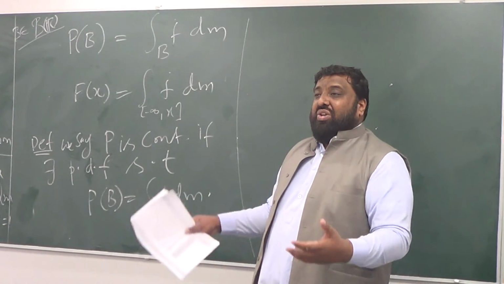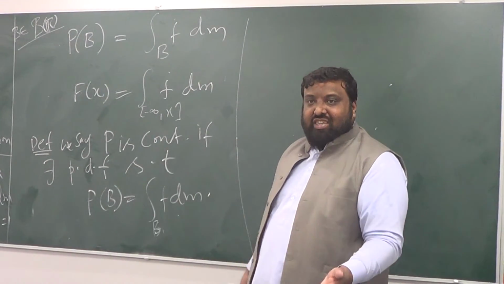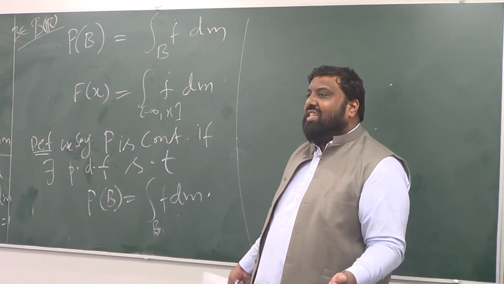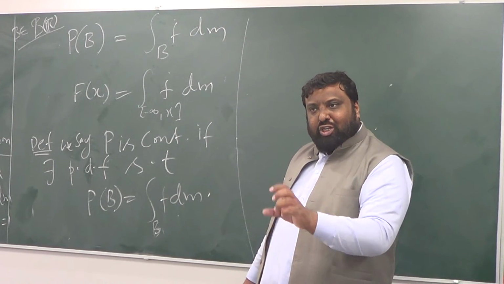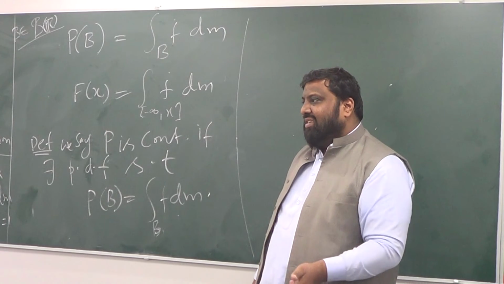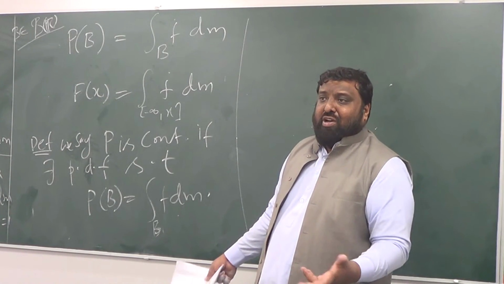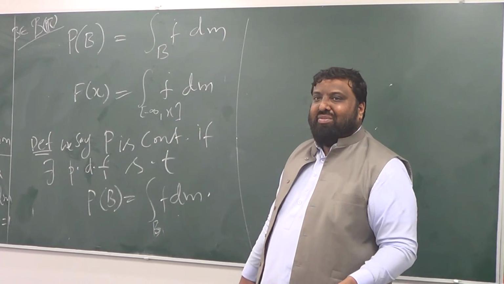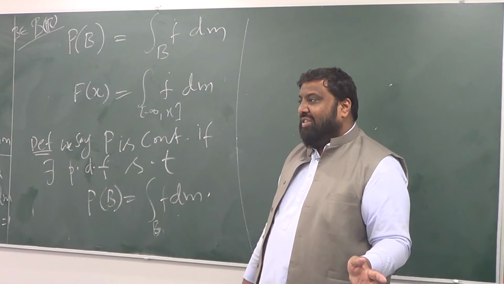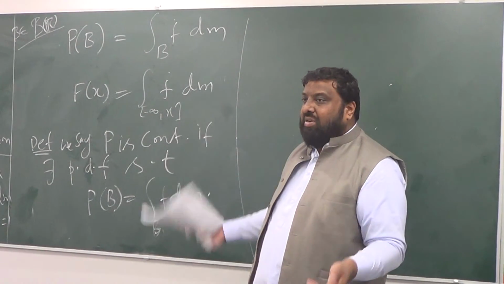While what we are saying now is that it's not necessary that chances can be modeled through a particular function. Maybe there is no function which can model the chances. The probability measure is then the only